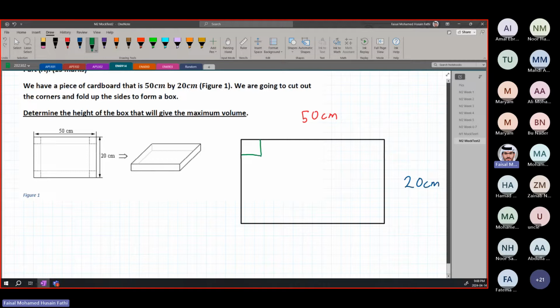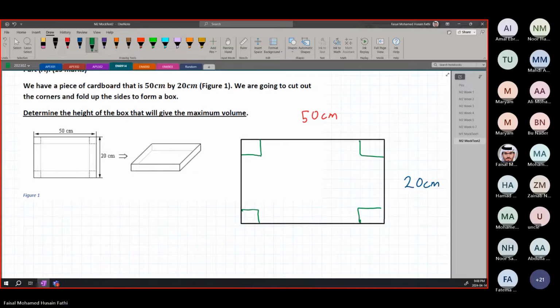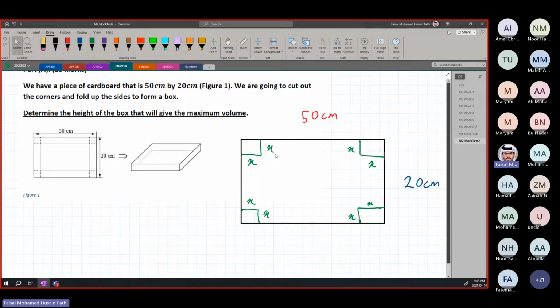We're going to do a cut over here, a cut over here, and a cut over here. We will call the size of this cut x. Remember that this cut, if you notice it in this box over here on the right side,